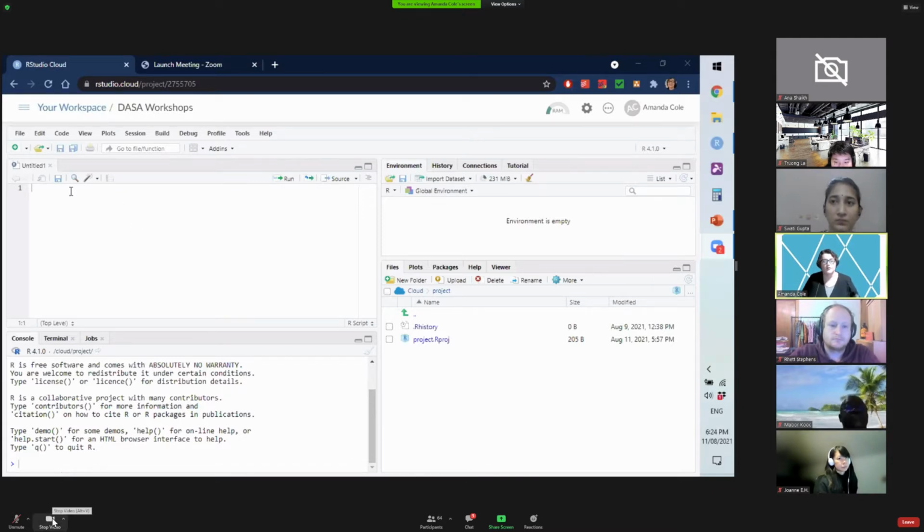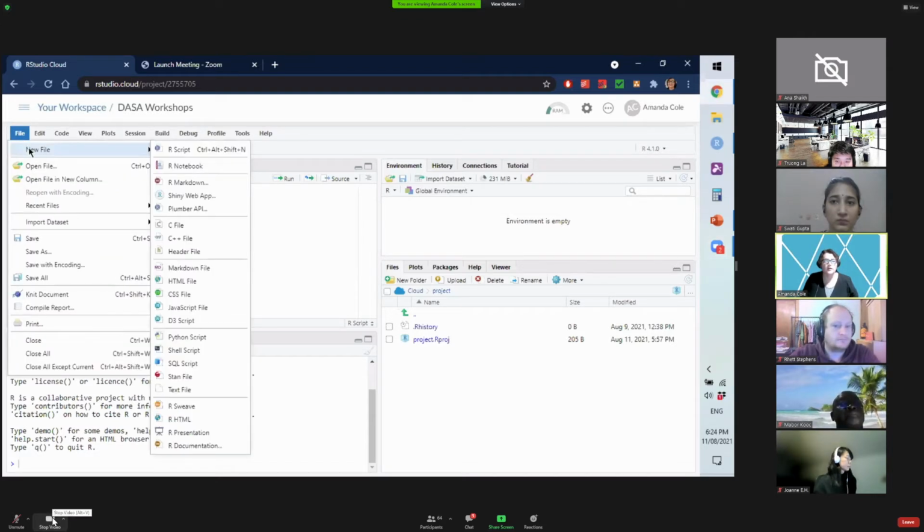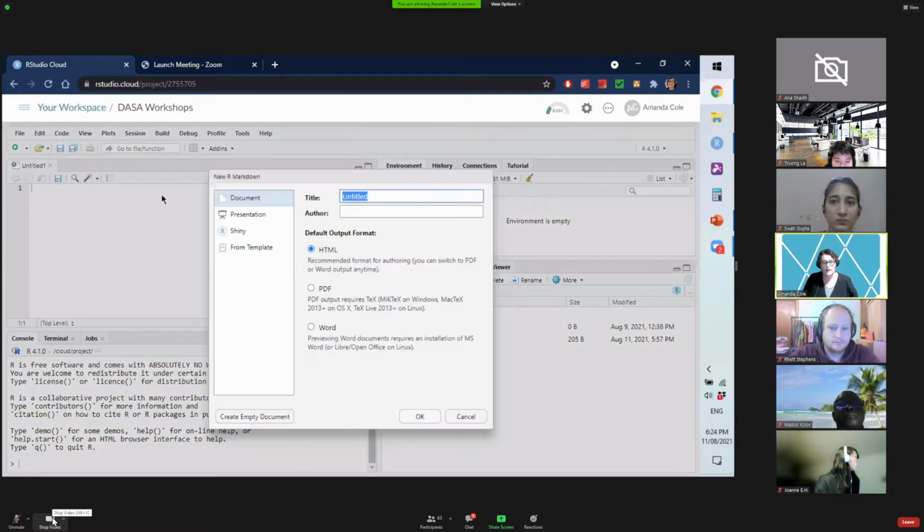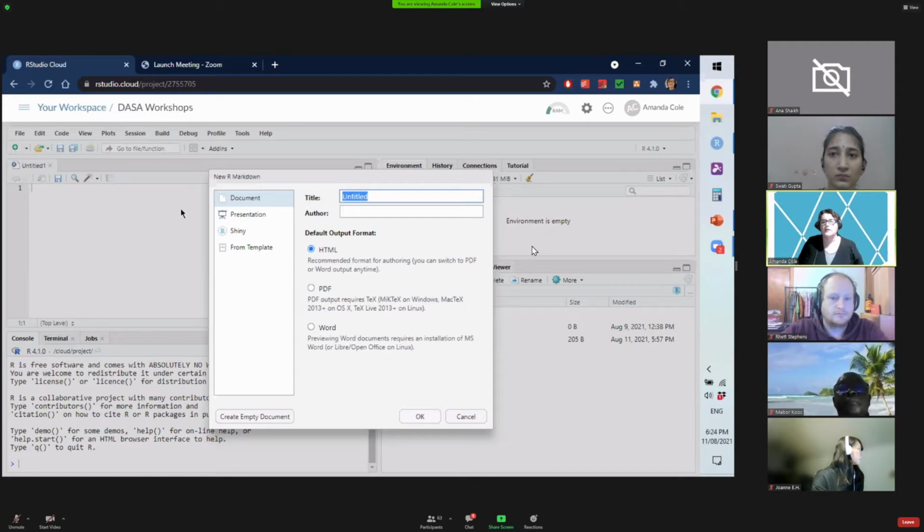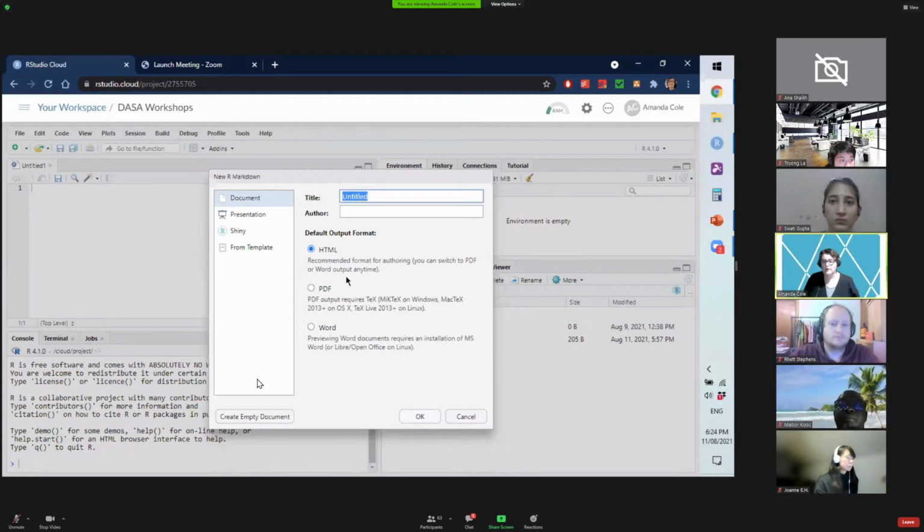So you may be used to running RScript, but what we're going to do is open up a new file called R Markdown. Now, this gives us a presentation format in either HTML, PDF, or Word format. So we're going to type in the title